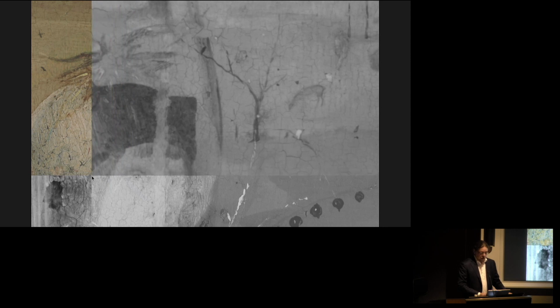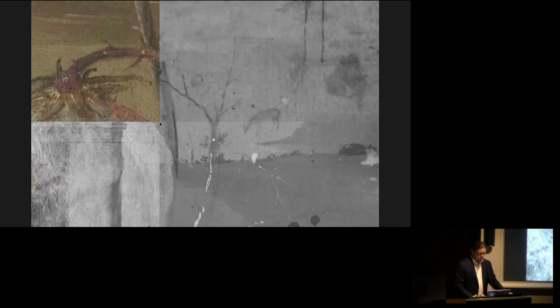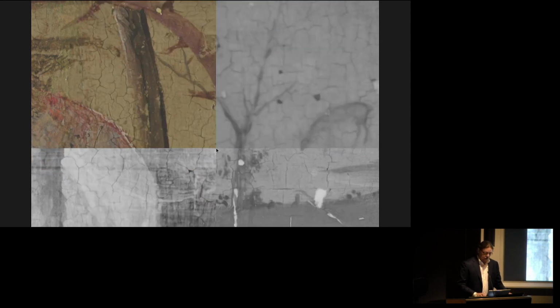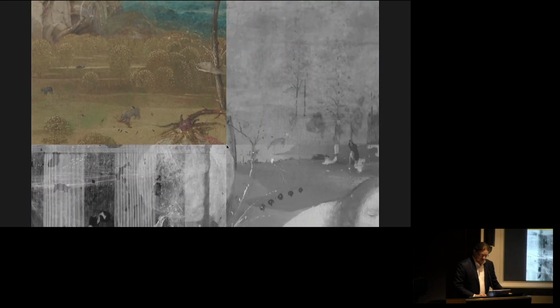So for example, here you can see that there's a tree which was present in the original, and that when the tree got painted over, actually some of the branches are retained. So in terms of studying whether it was in fact Bosch who painted this over or someone later, we now have two obvious layers of the painting that we can use to compare. Similarly,